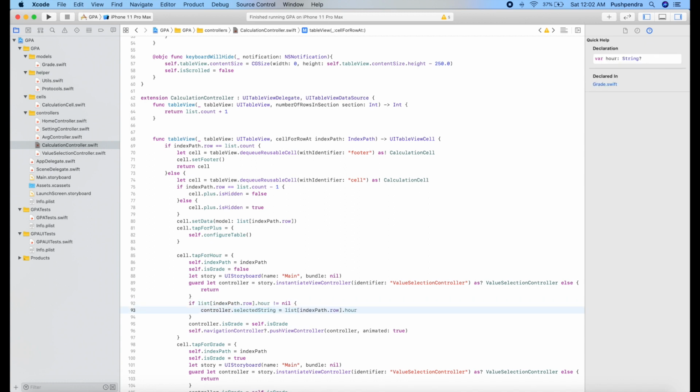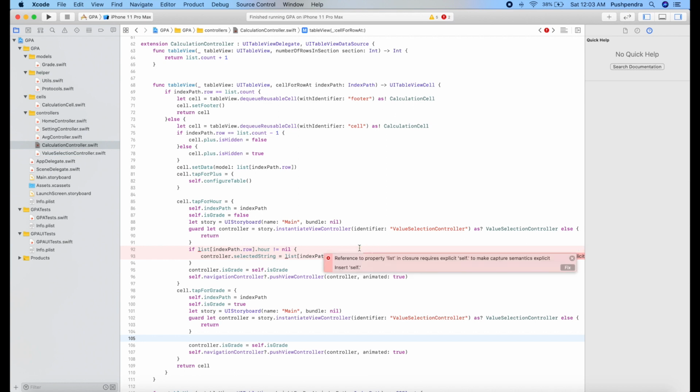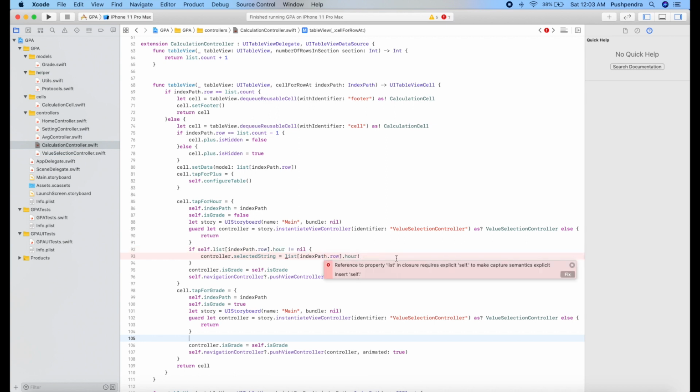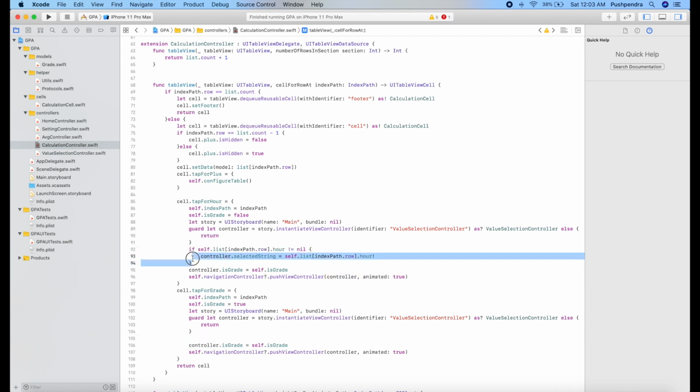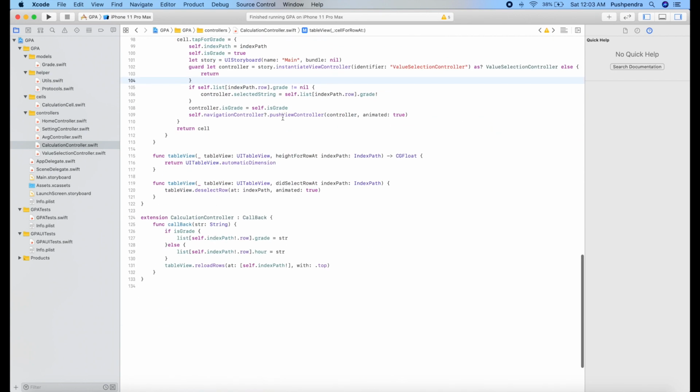Same thing we will do for grade. Copy and paste again. This is for grade, so replace with grade, and here also pass grade. That's cool. Now return back to your value selection controller.